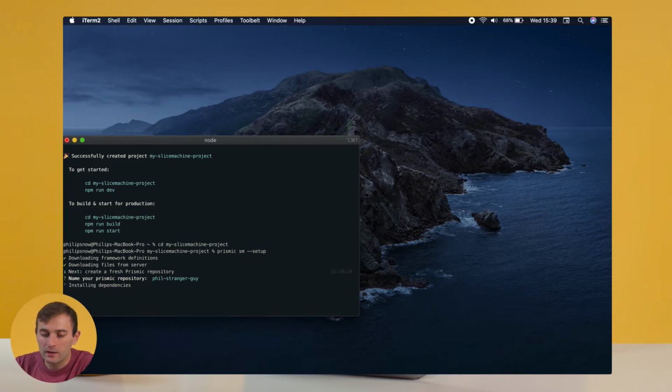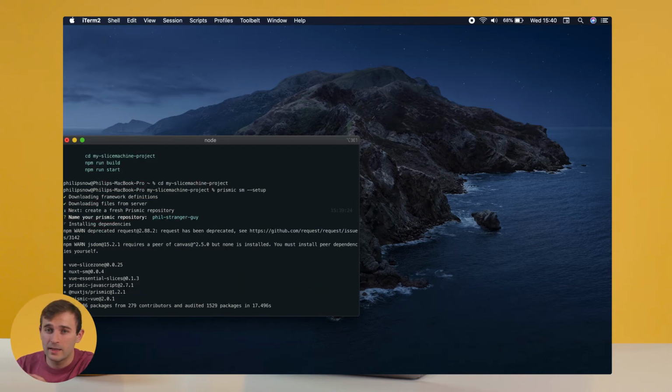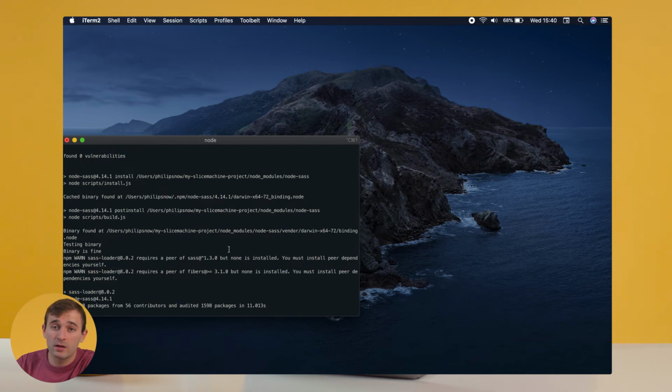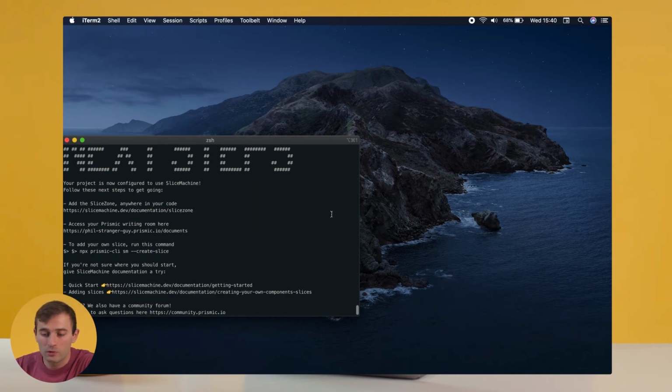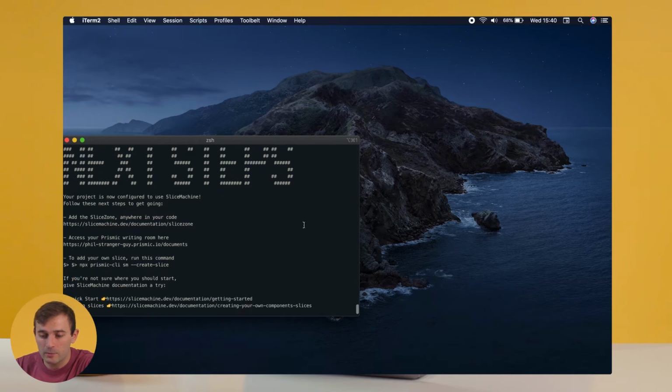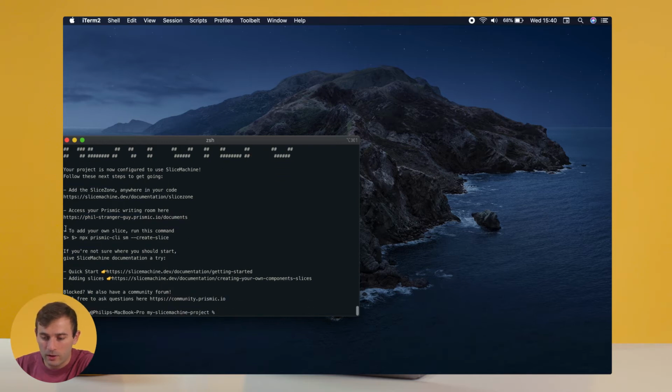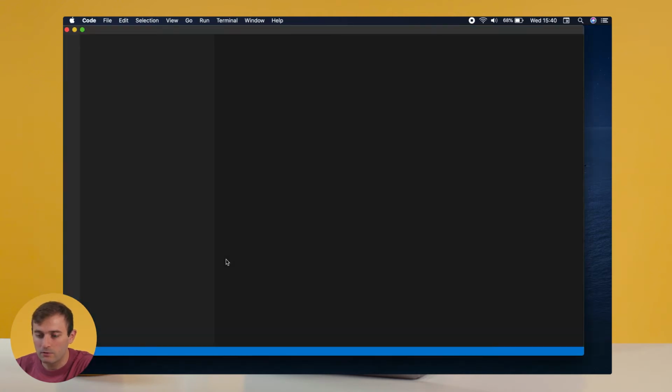And that will also install all the dependencies that we need to work with Slice Machine and set up your Nuxt config file for you, add your repo endpoint in the Nuxt config, add any CSS libraries that we need for the default component library that we provide you with. And if you haven't already got a Prismic account, this command will also prompt you to set up your account. So here we are, we're on the next steps. We've been given our new URL for our Prismic repo, and we've got some other steps, but I'm just going to open up my project in VS Code,